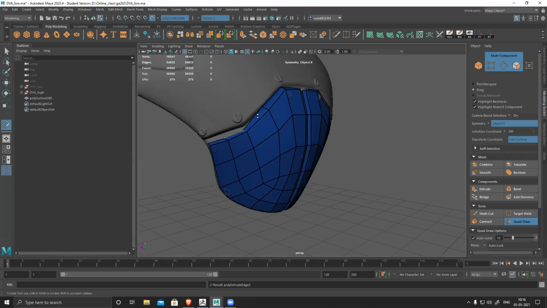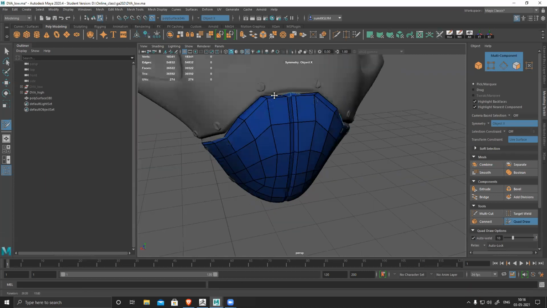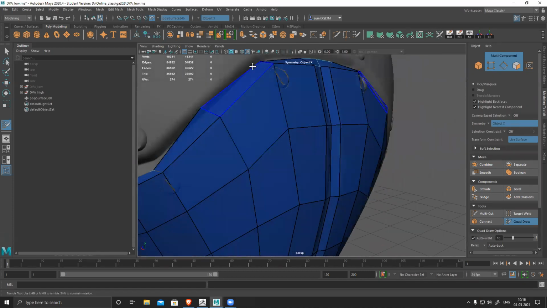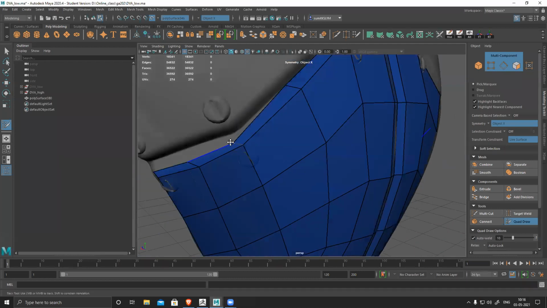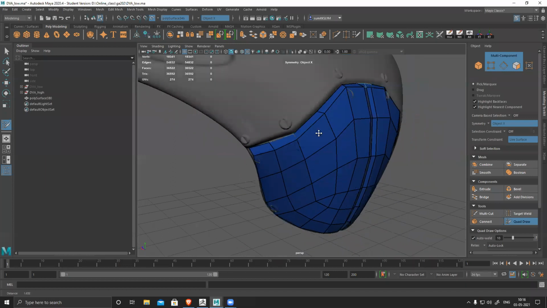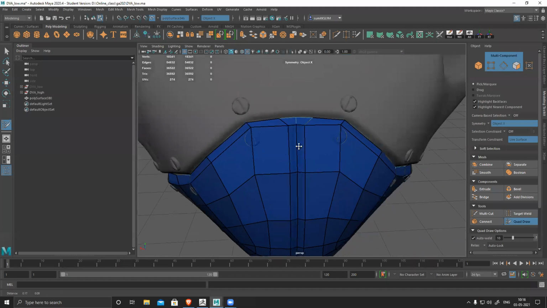Extend, and now match the depth as much as possible, and align them.